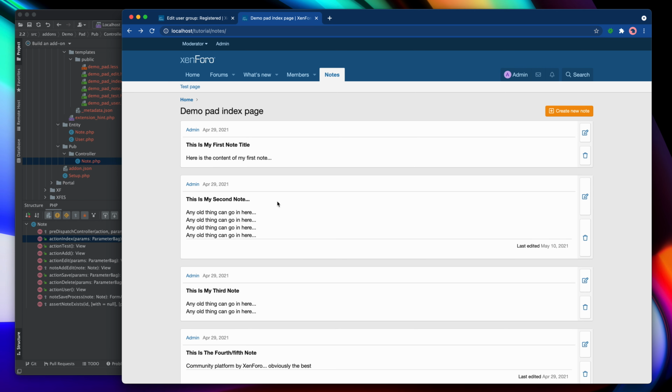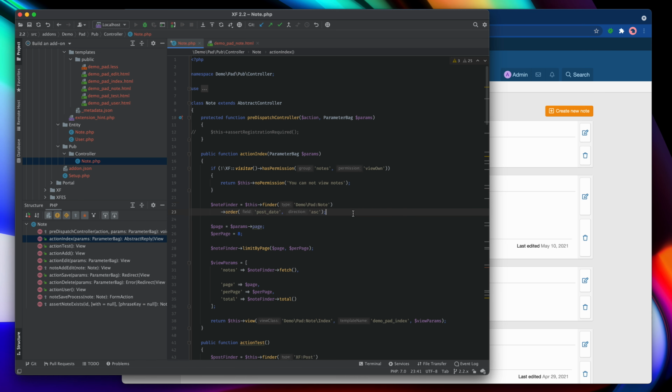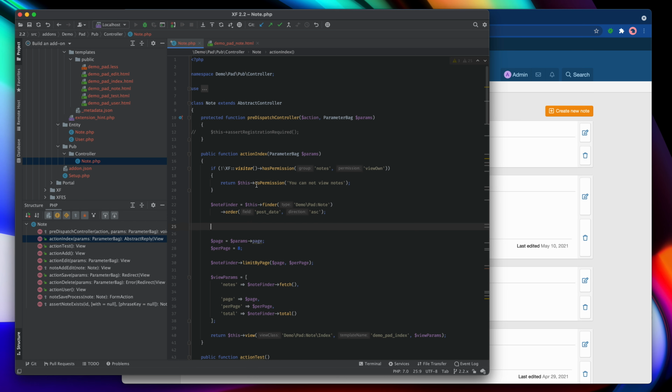So the next step is going to be to limit those who can't view everyone's notes to only view their own, which is a slight change around from what we've got here. But essentially we want this parameter, or this where condition, to be conditional upon whether or not they have that permission. So let's just pop that into the clipboard, and we'll check it afterwards, because obviously the note finder is being built up in a sort of chained fashion, so we don't have to do everything with it in that one string. We can do it afterwards.